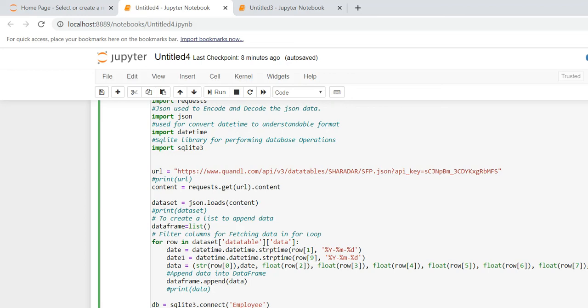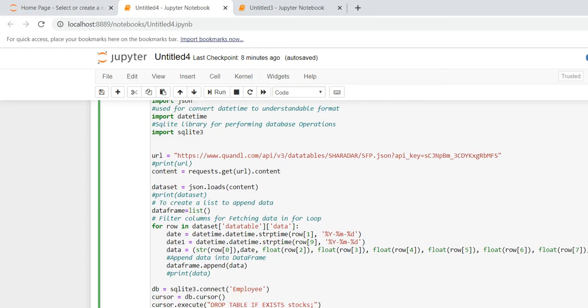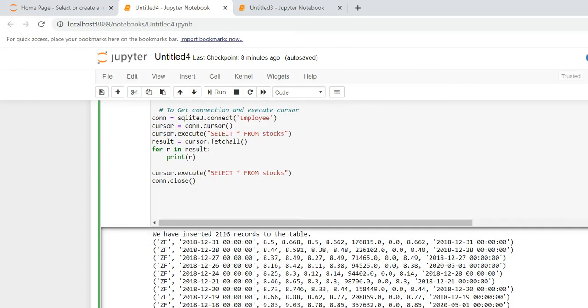Here I'm using cursor. Before creating the table, I'm going to drop the table if it exists. Once the drop has happened, I execute the cursor and create the table. Previously I gave the data with 9 columns. Here you can see my data frame has 9 columns, and all the 9 columns I'm creating as a table,